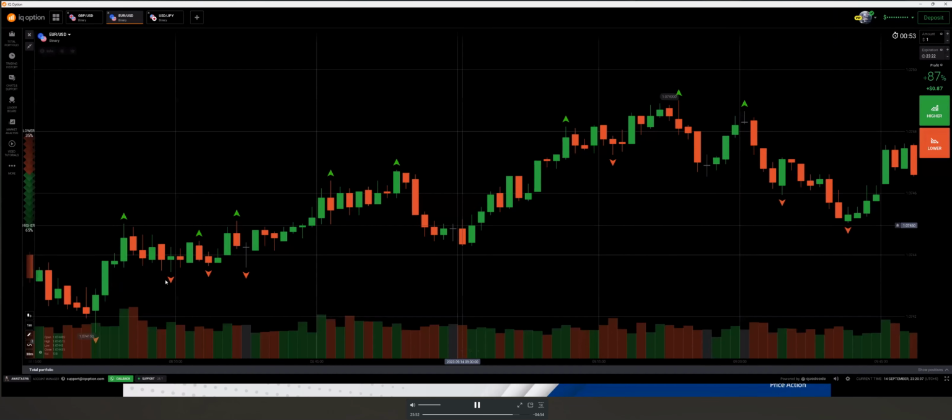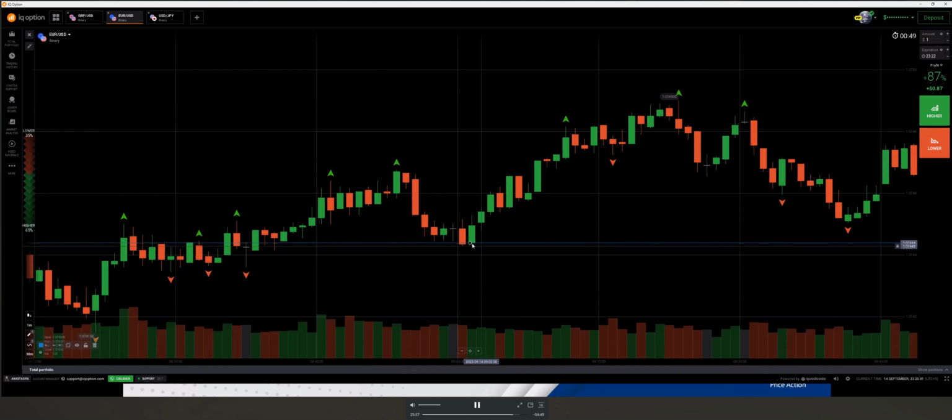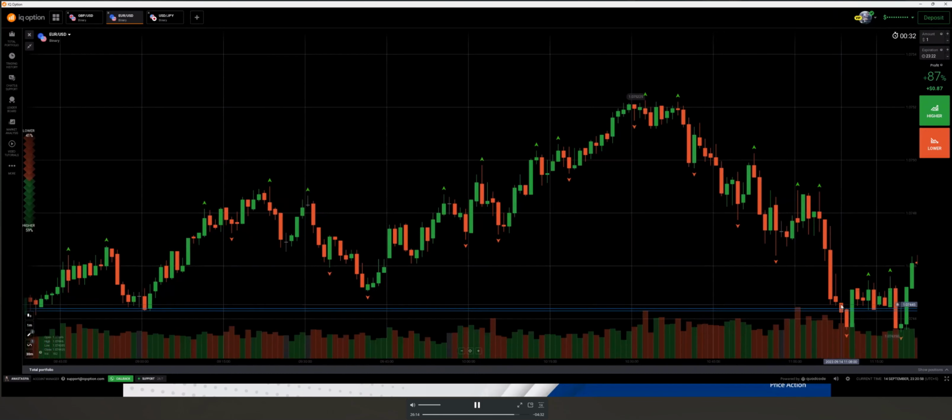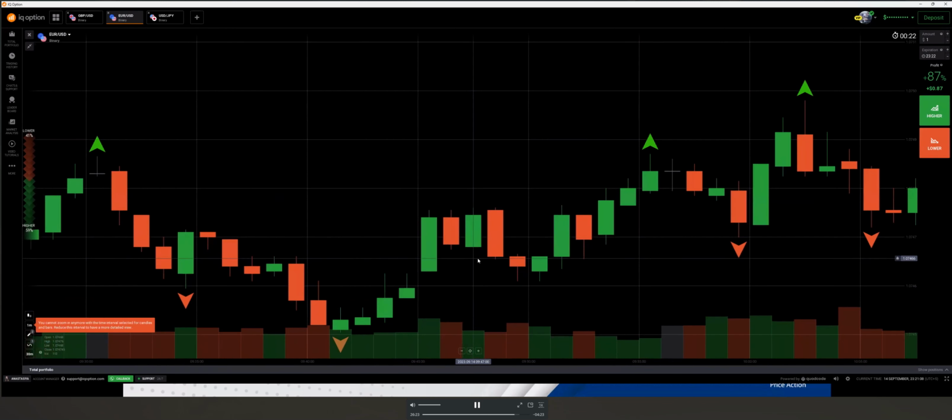Now let's understand how to draw the levels. Look, this is a level here. This is a support. We draw the support on the open price, and the price will fill the gap or the wick. This is called the support. What do we expect next time? If the price comes back to the support and it is broken, this is called the breakout. If it closes up, we will go for the buy.